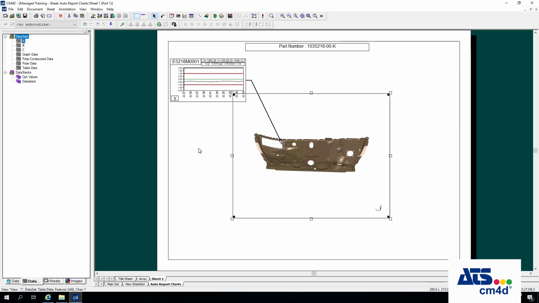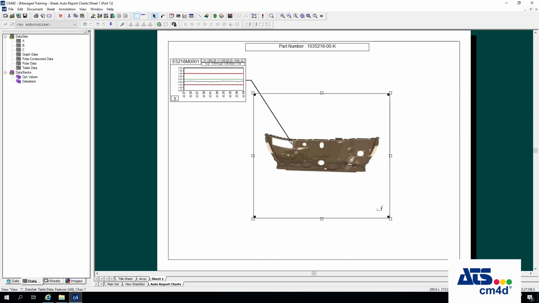But the software will only do that if there's no interference between the chart and the view object itself. So as we see, these two are overlapping, I would have to shrink this view